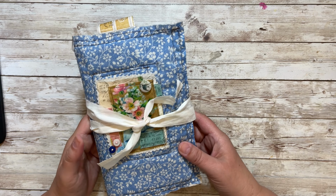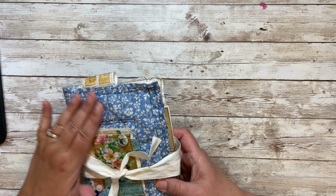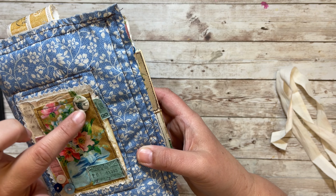I put together all the goodies that we made for the collaboration and put it in this soft cover journal. For the closure, I just did a wrap of some of this fabric. And here's the cover. I did a collage of that really fun fabric that I found. And then some buttons, and then a Tim Holtz